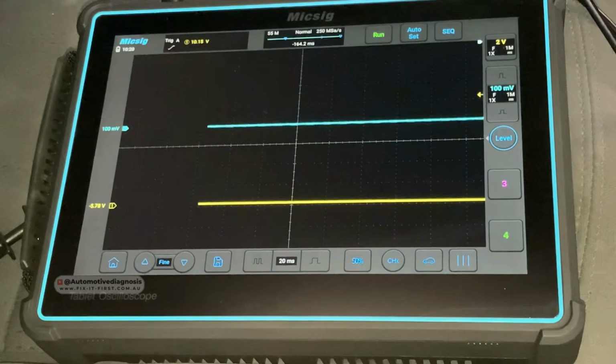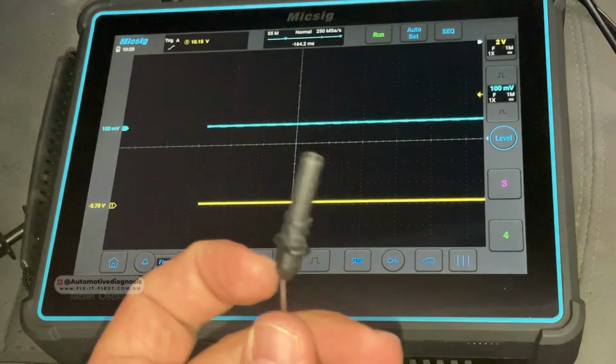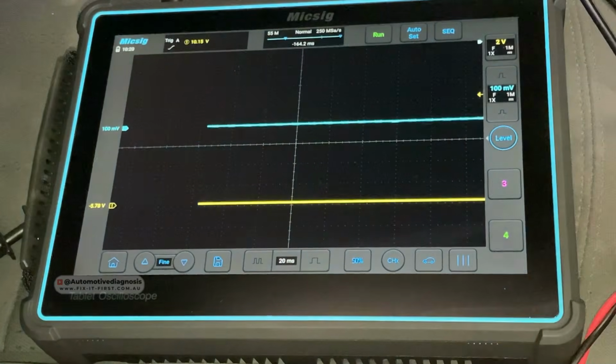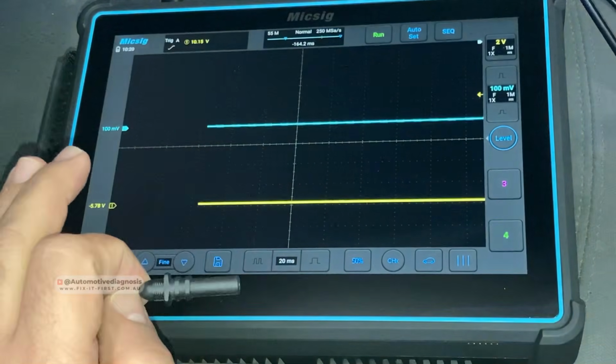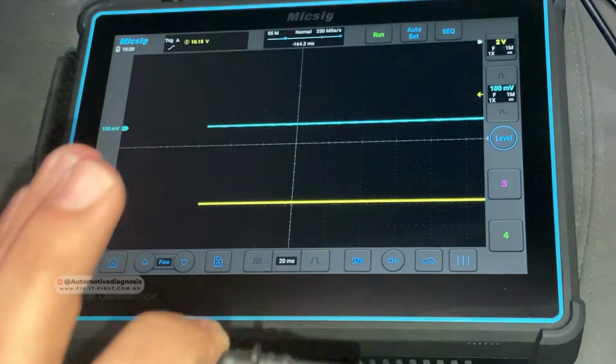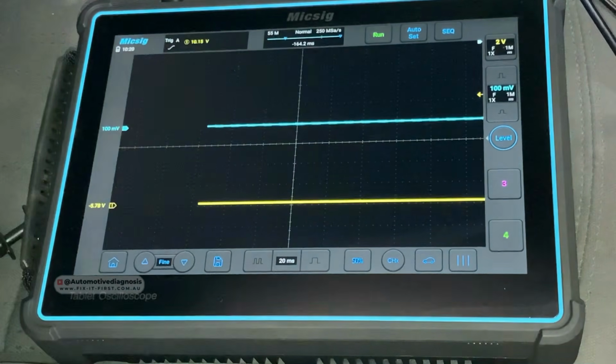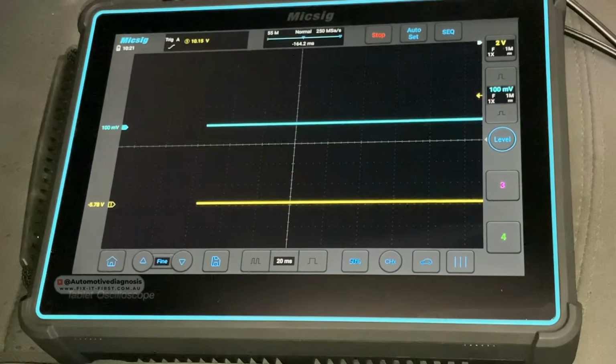And I'm going to do it on the OBD2 connector. Those pins that I showed you, pin number 6 and 14, they are for the CAN high and CAN low. I'm going to insert these ones there, and I provide the ground. Then we turn the ignition switch on to read the waveform. The waveform that we get at the beginning is a good waveform. Then I make the short to ground again on CAN high, then on a CAN low to see what's going to happen. I'm going to turn the ignition switch on right now because I inserted the test probes on pin number 6 and 14. And then after turning the ignition switch on,